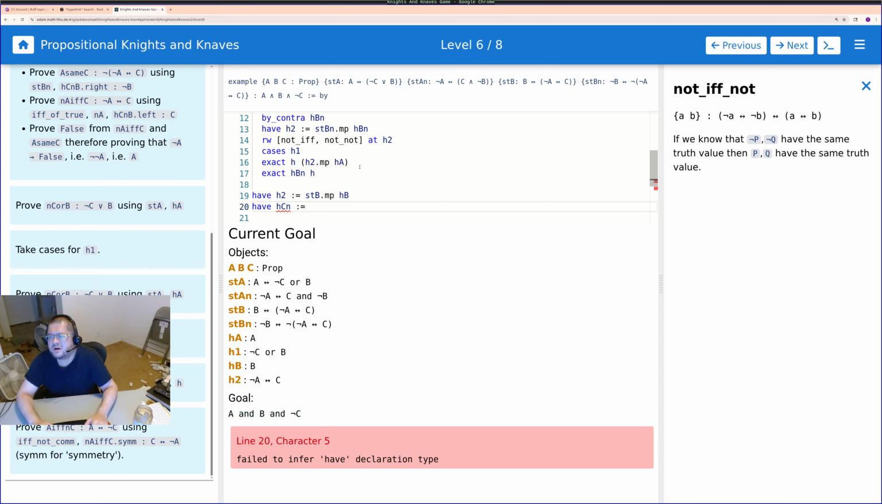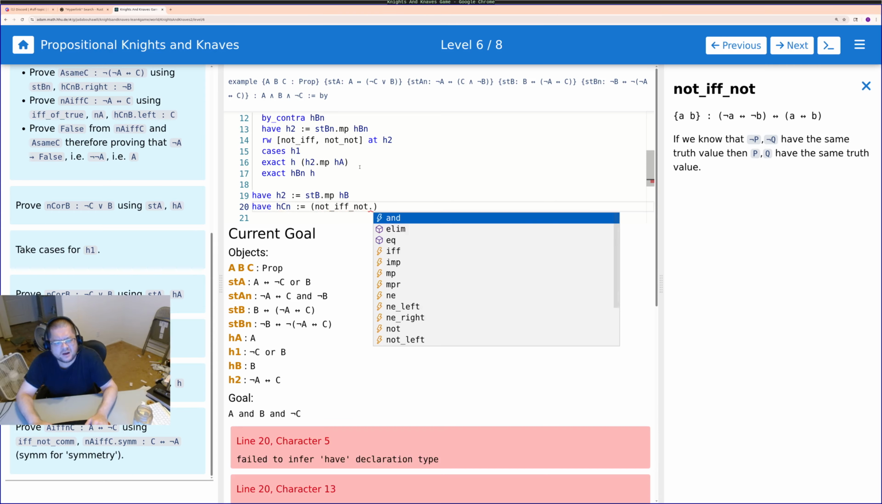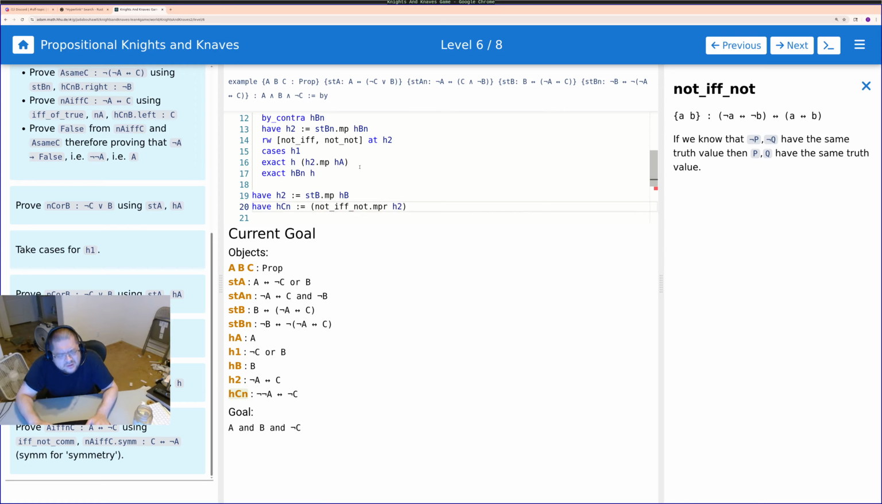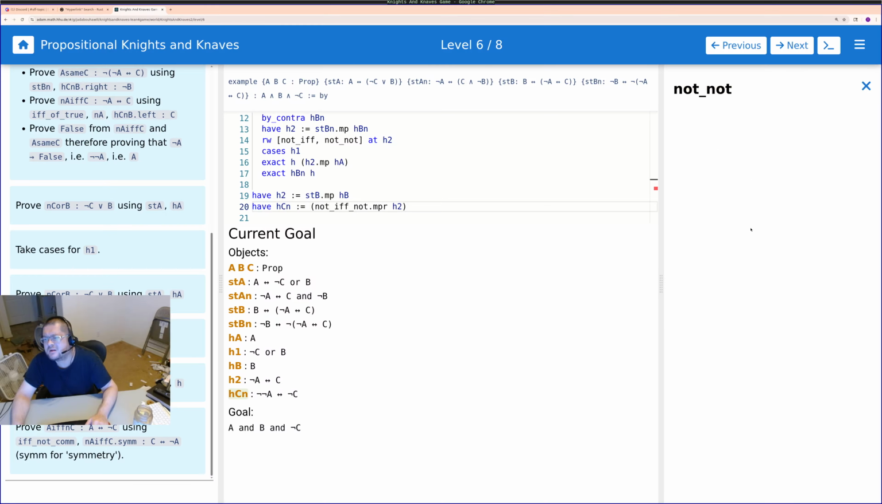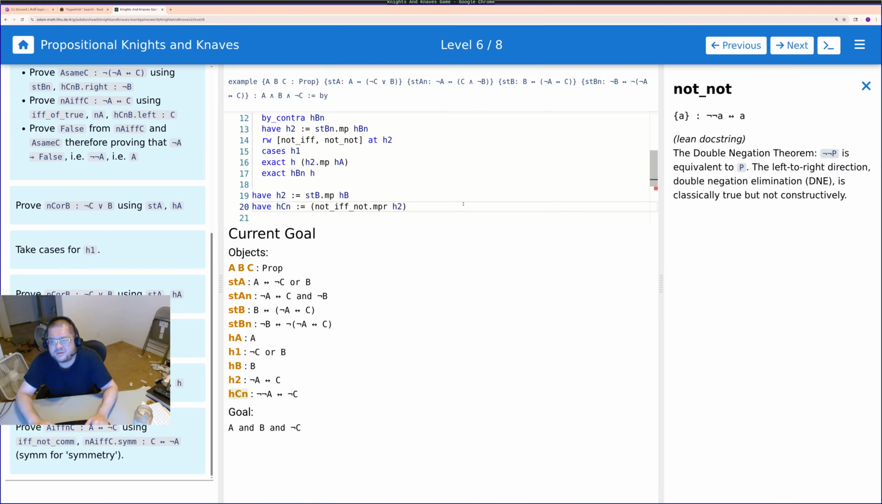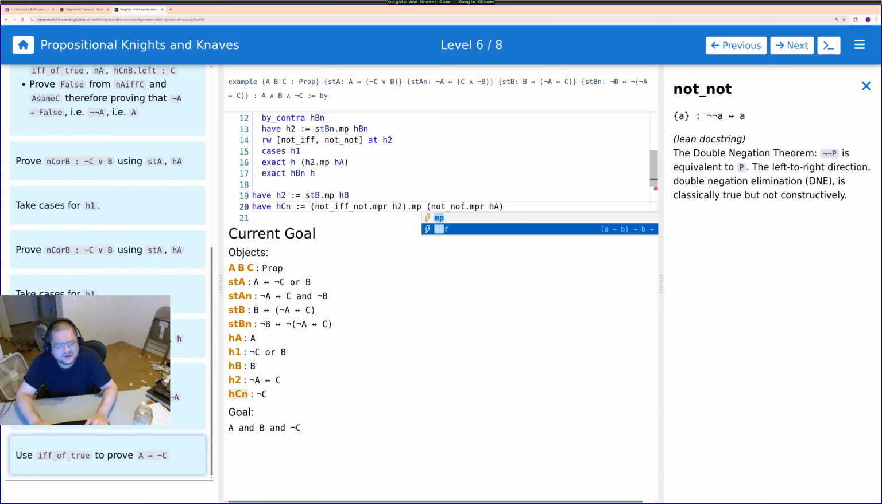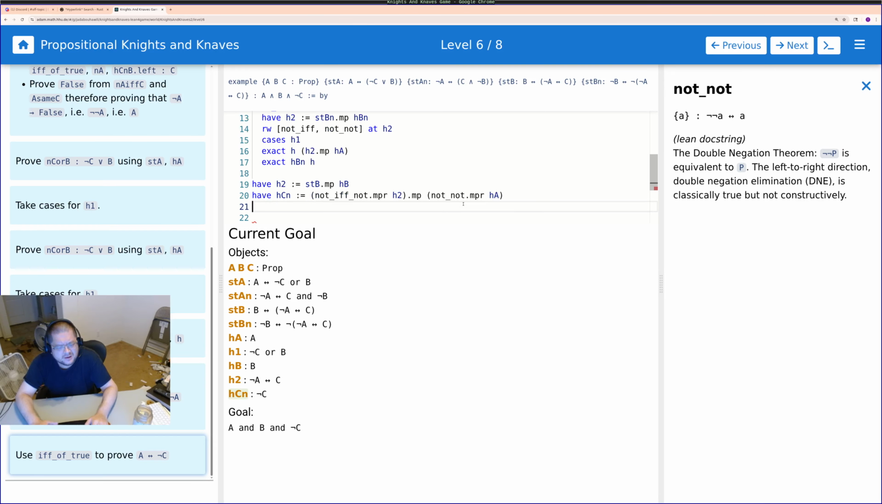HCN equals not if and only if not dot MP R of H2. Okay, this is going to be a not dot NPR of HA. I can't believe that worked. Okay, so this is going to be